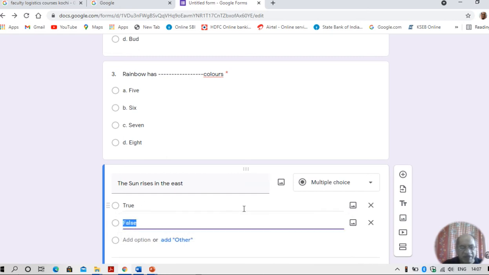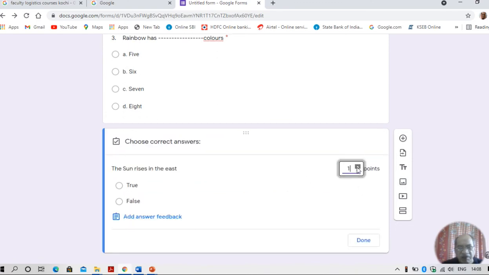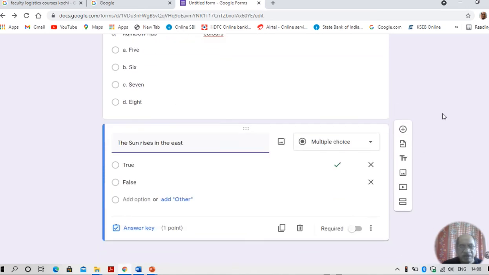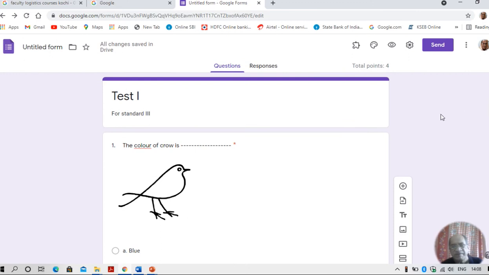The moment I enter, the false comes. Here also you have to go to answer key, 1 mark, true, tick. You can make true, false also in this. Like this you go on adding the question and options. You can have pictures.